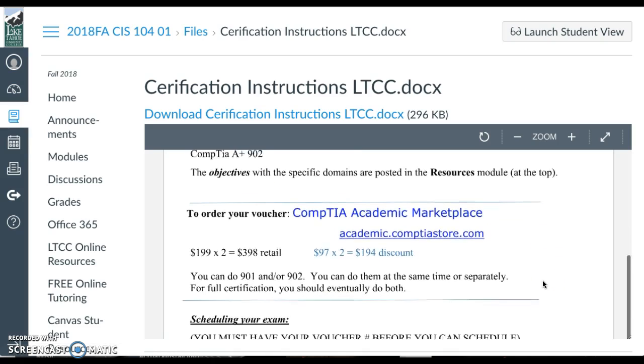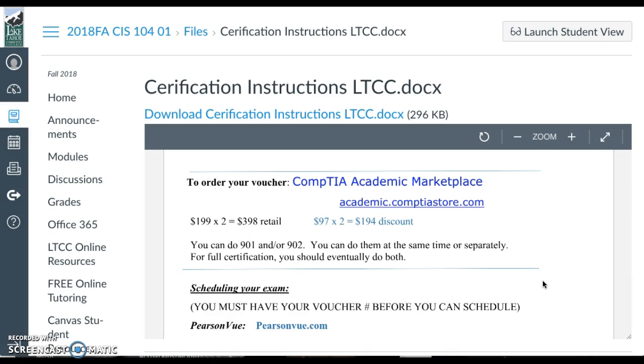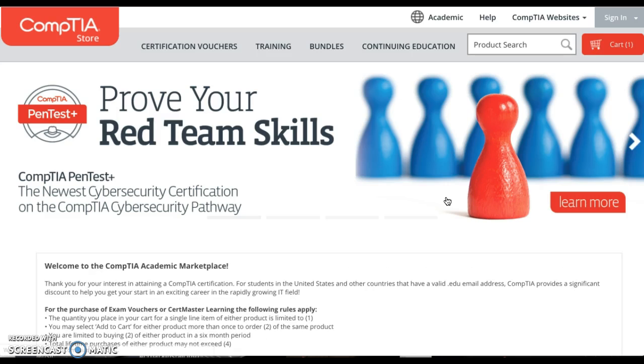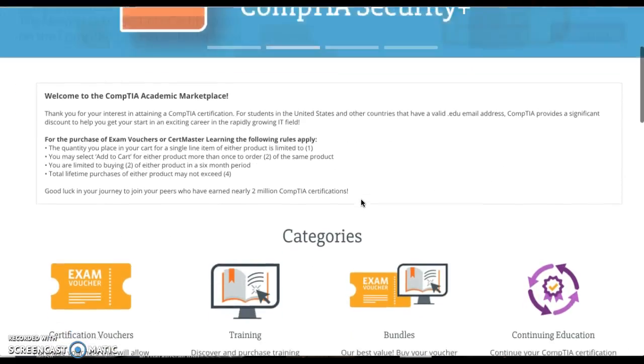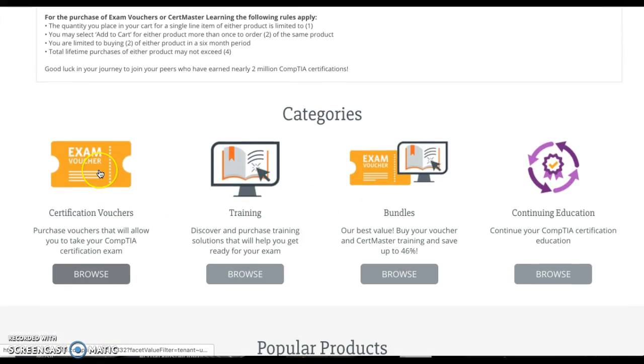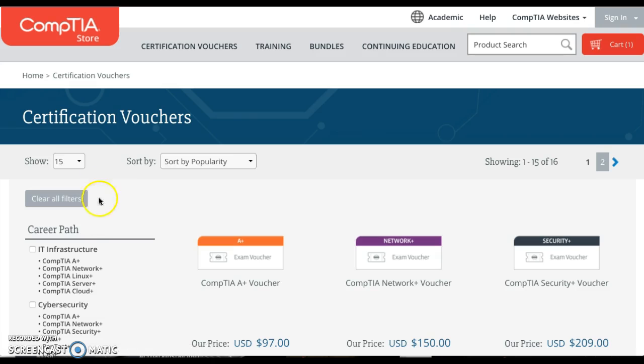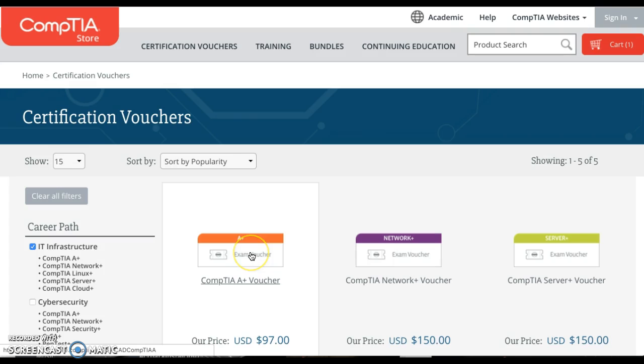And we're going to use the CompTIA Academic Marketplace, and either one of these should be live links. Okay, so this is the marketplace. When I come here, I scroll down and I see exam vouchers, right? I'll click there, and I go to CompTIA A+, and here's my CompTIA A+,